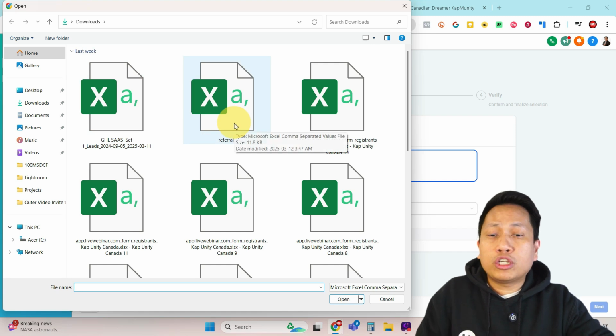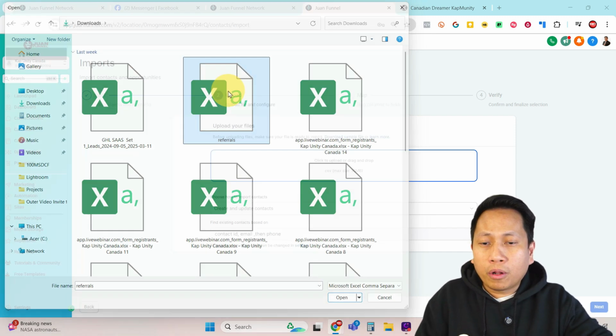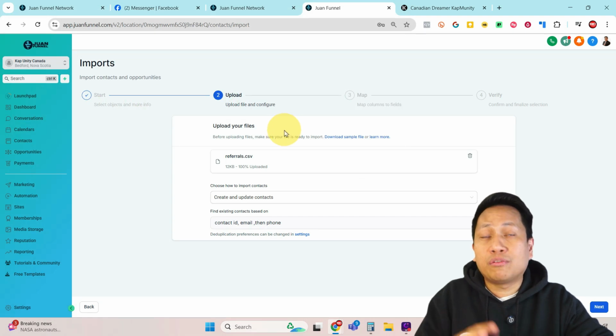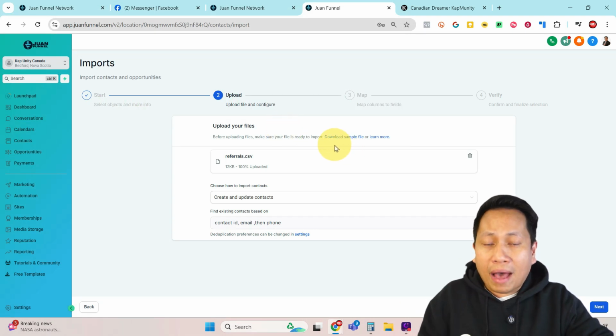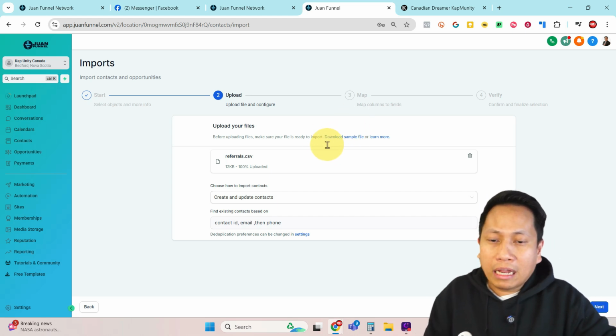For demonstration purposes, I'm going to select this data, which is referral. Double click that one to make sure it's a CSV. Just in case you don't know the format of the files, you can simply download the sample files and follow the guidelines or the format before you upload your data in Go High Level.